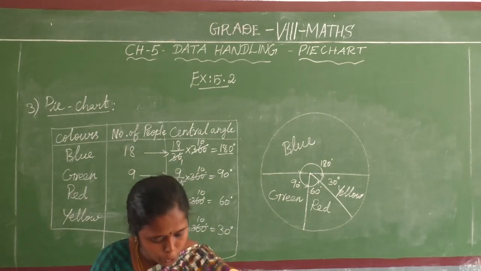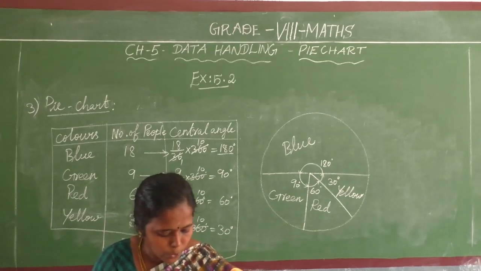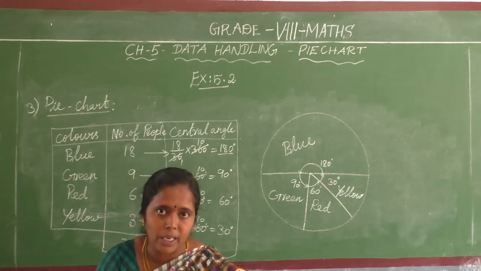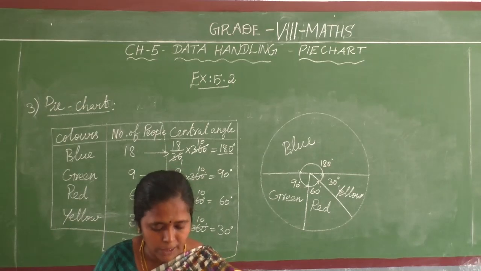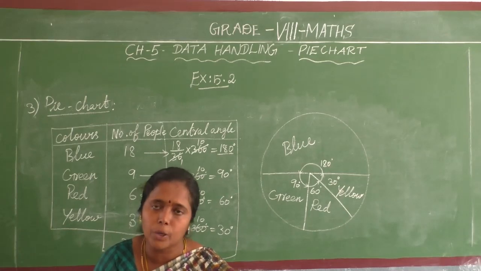Okay. Fourth question. Picture is given. From that we have to observe what they asked and then answer them. Okay. Just fourth question and fifth question, you take practice. If not, next week I will continue the remaining fourth and fifth sums. Okay. Based on this, today's portion worksheet will come. You have to take practice.